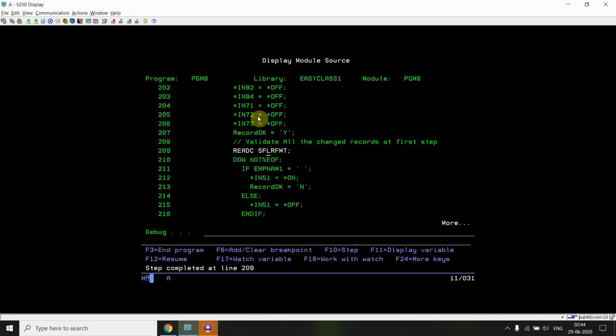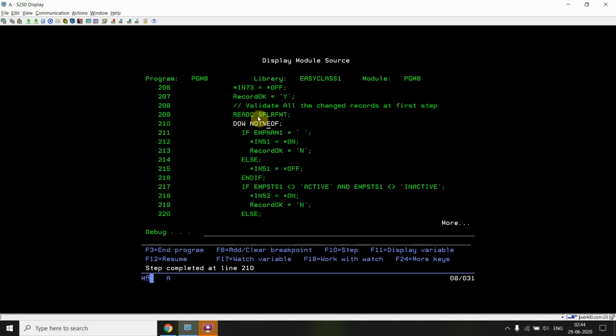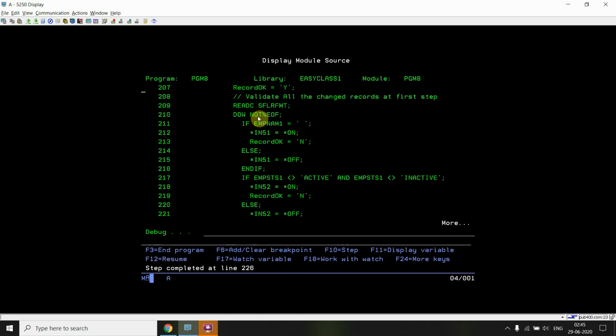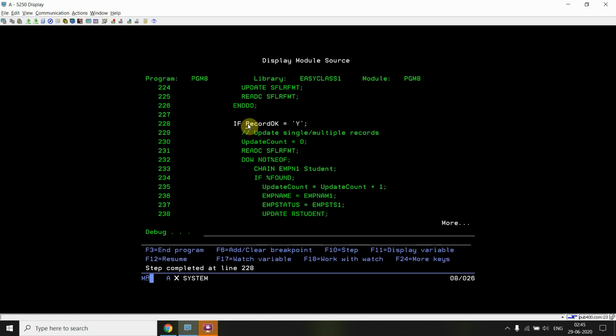In case I didn't use the SFL INZ keyword here and didn't set it in active state, I'd be getting the session or device error at this point, the read C point. Okay, so now I'm not getting that. I tried to read the records in the subfile screen, so I didn't get any changed record using the read C operation. I'm doing read C on the subfile format, and I'm reading till end of file of the subfile format. Okay, so if record is okay,